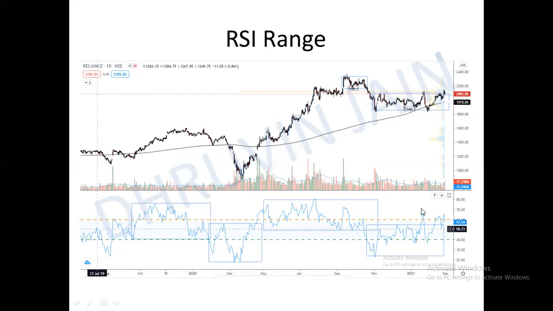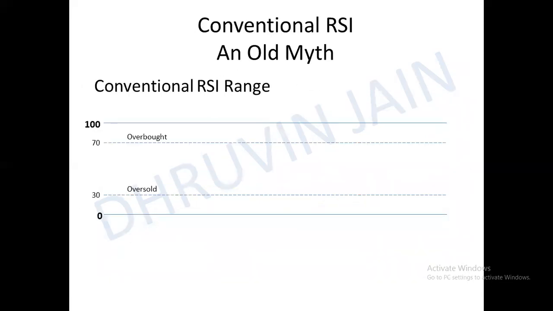The study which was created by Welles Wilder, sir, using RSI, in my opinion, can be termed as very vague in nature. And the rules and the study he created were really vague. I will explain in a further video what I meant by this statement. Although, for the sake of understanding, I'll cover the study that Wells Wilder sir made at that time.